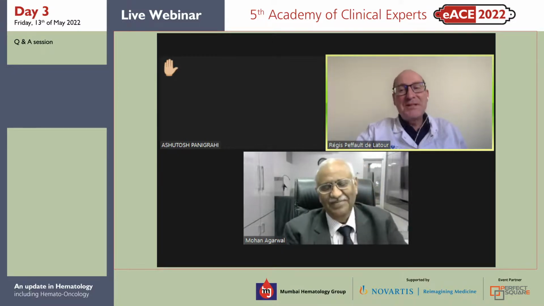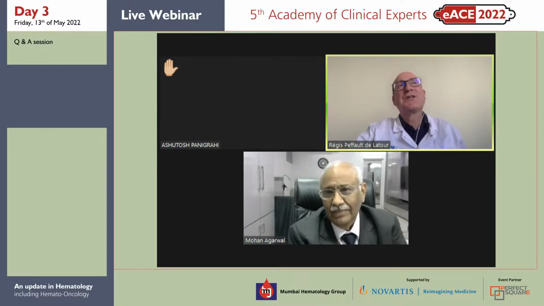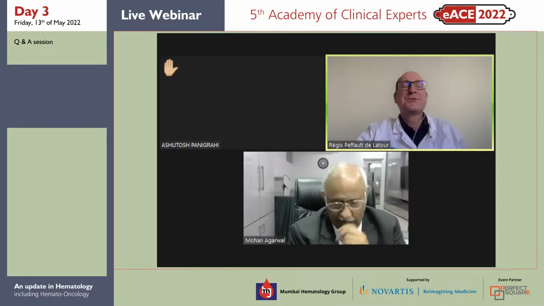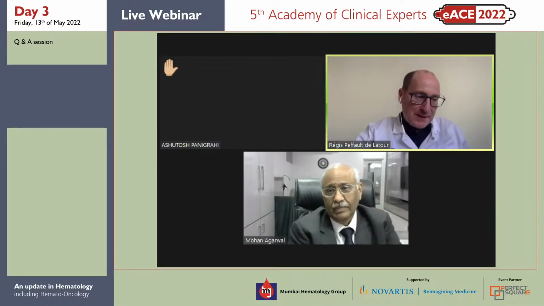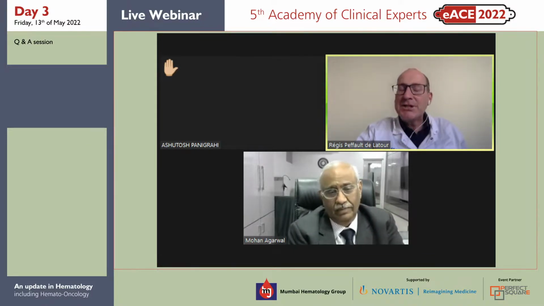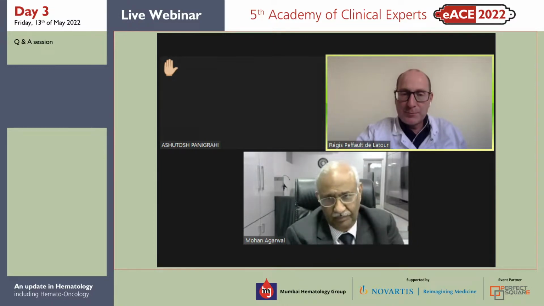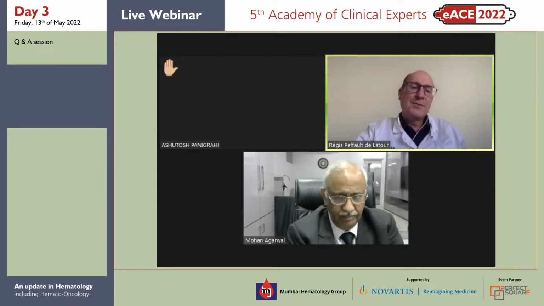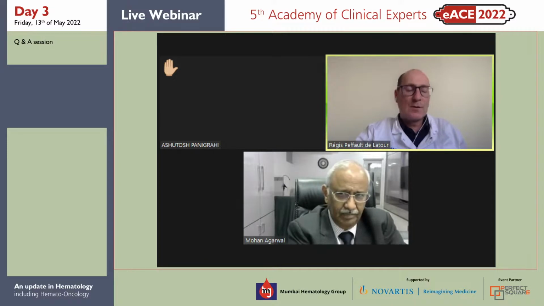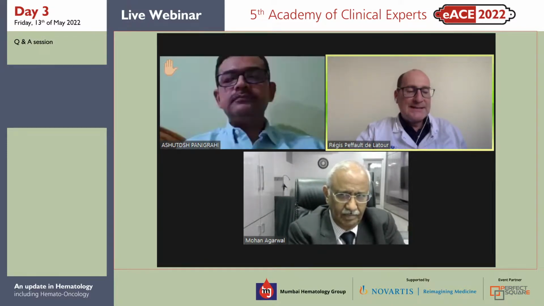So basically, we got some good results using these drugs, especially in inherited disorders, dyskeratosis congenita or Fanconi anemia patients. In idiopathic aplastic anemia patients, I would say that the three lineages responses are more rare. We most of the time have some responses in platelets, or red cells, but it's rare to have a three lineages response. The long-term toxicity with liver tumor is something that we have to be aware of.